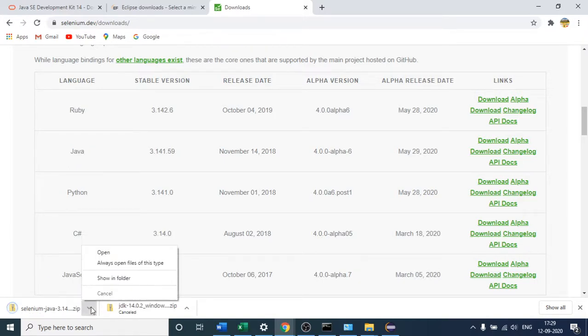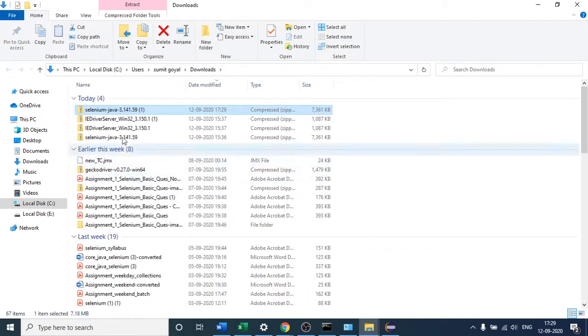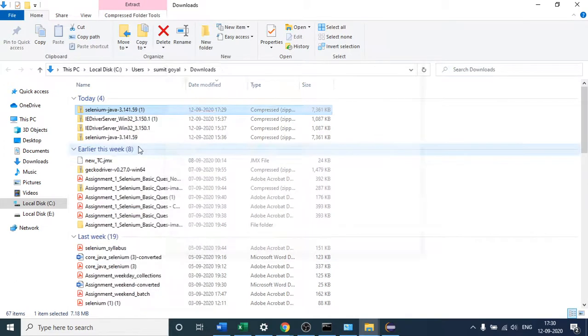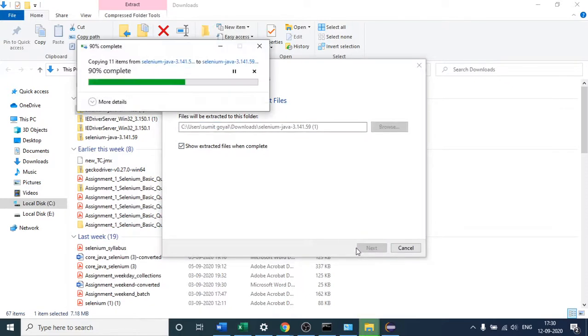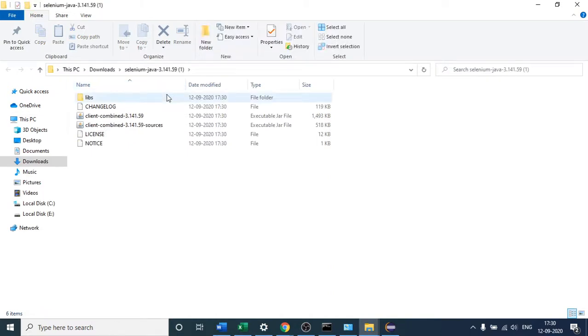Okay, now I think it will work. It has downloaded successfully, and I will click show in folder. You can see this is the folder. First, it is a zip file, so I will extract it. I will click extract all, and after that I will click show extracted files when complete, so that I do not have to navigate to it; it will open it for me. You can see after the file extraction, if I hover over it, it says executable jar file, right?